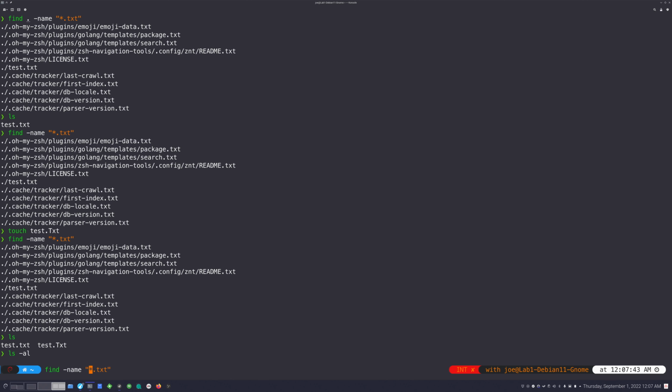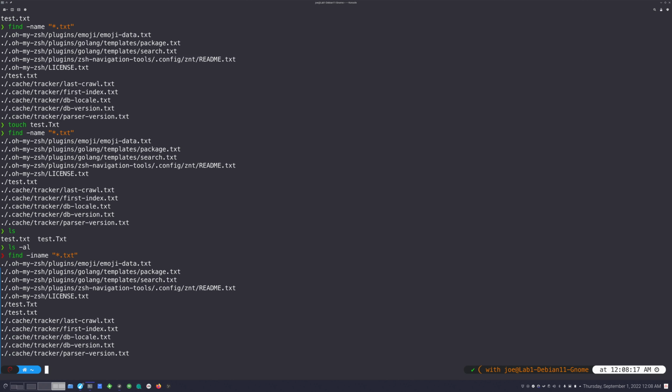Well, we can simply add an i in front of the word name. And you'll notice that's a pattern with all of the switches in find. So basically, if you stick an i in front of it, chances are it's going to make it case insensitive, if it makes sense for it to have that option for your particular flag. So if it's expecting a number, obviously you're not going to have case insensitivity. If it's expecting a different flag or a variable or something, then that's different, right? But if it's something that it expects to be text, like name or path, then you can add that i in front and it will make it case insensitive.